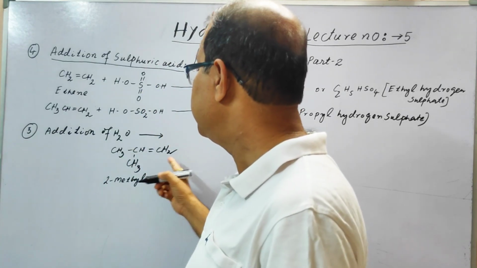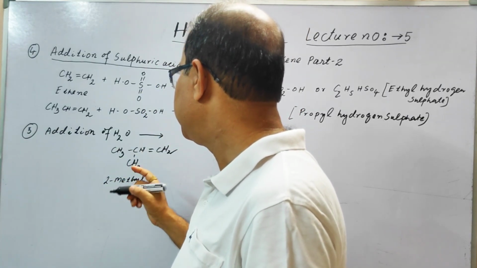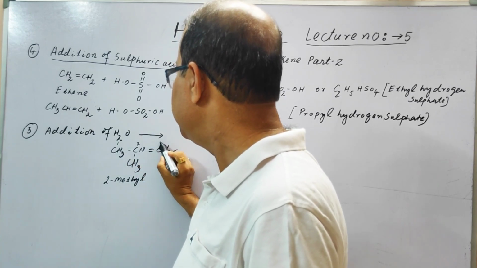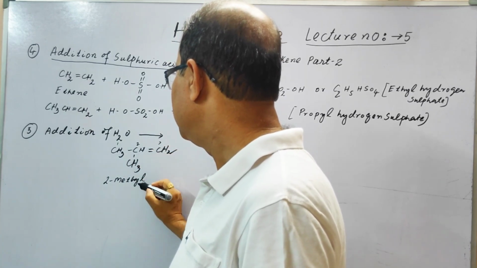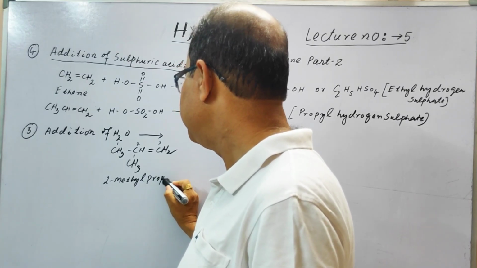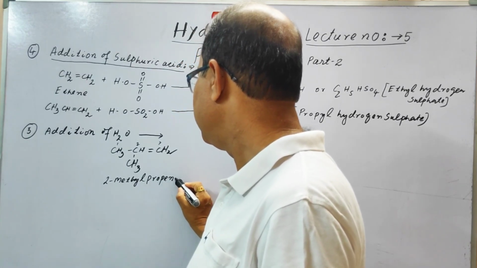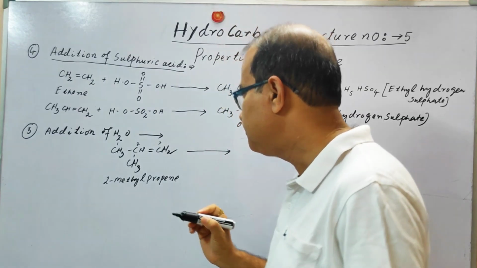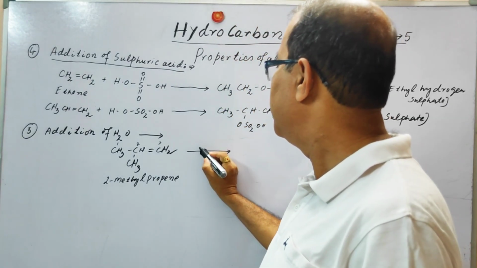This is a chain, and in this chain there is a methyl group in the 2 position, so 2-methyl propene. This is the name of this hydrocarbon, this alkene, and when it is being added,